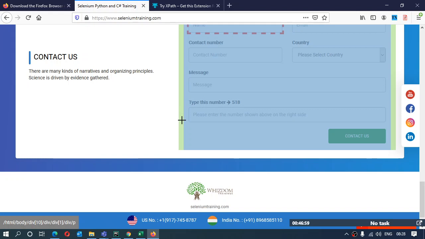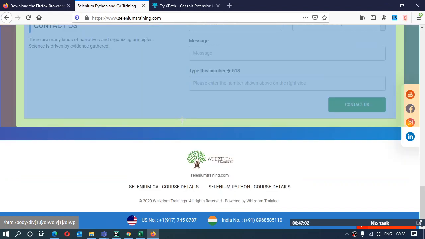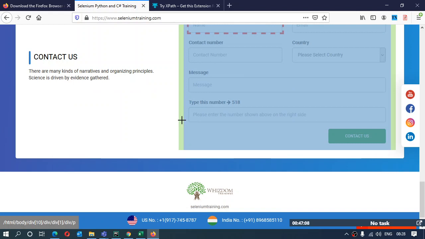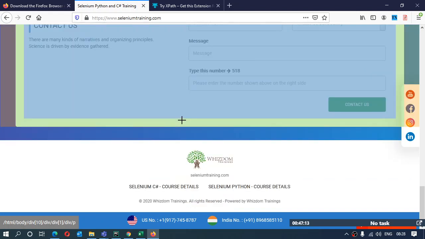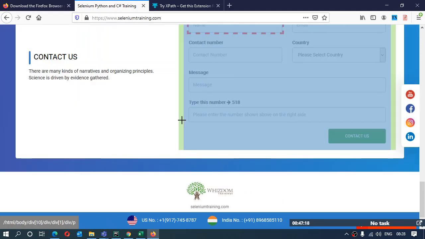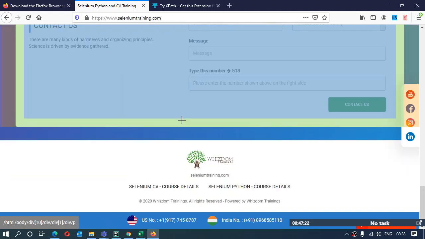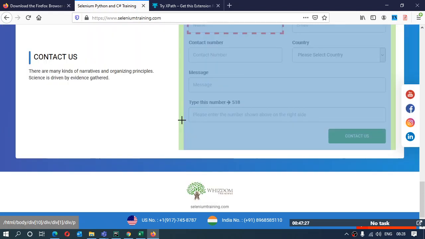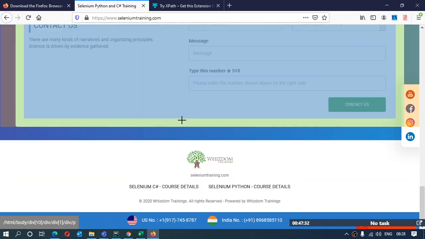Anyway, this is something different from Chrome. You can use this as well. It is also going to give you the correct outputs. The XPaths you get over here are going to be the same as in Chrome, and they're going to work fine. But it's up to you whether you want to use complete or partial XPath. Now, this was about the different tools: how you can copy the XPaths from the page source, how you can make your own XPaths, and how you can use the tools to get them.